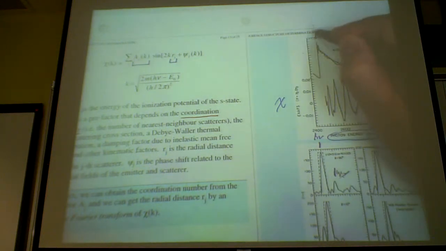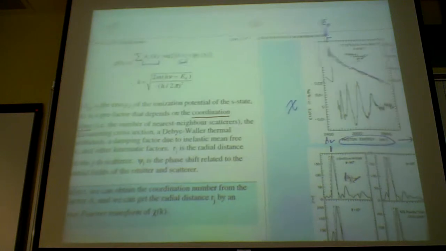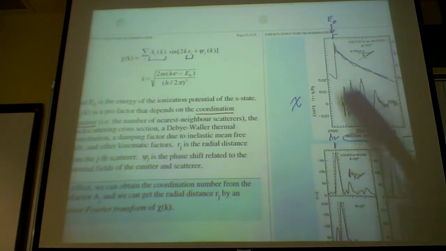So E naught is here. Like that. Okay, so I'm looking at my different energy. And of course, what does that difference in energy tell me? It tells me the kinetic energy of the electron waves that I need to consider for the interference effect that I have. So what you're looking for then is that you fit this background, you cut out